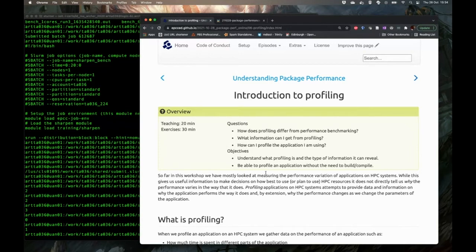these things happen. Now, in some cases, it's only the observational data you're interested in. If you're working out how to best use resources, and you've just got a new system and you want to know what the best job size is for the problem you're treating, then often the observational data could be enough. However, if you run into problems and things aren't working as you expect them to, say